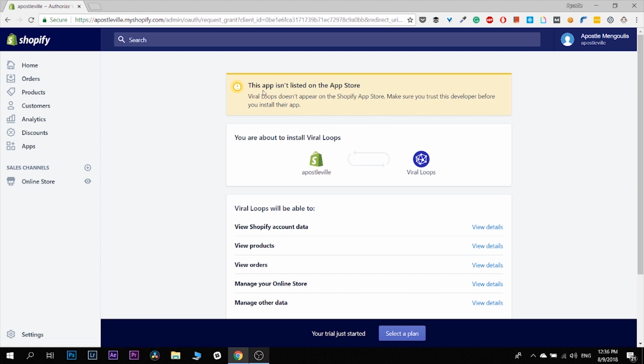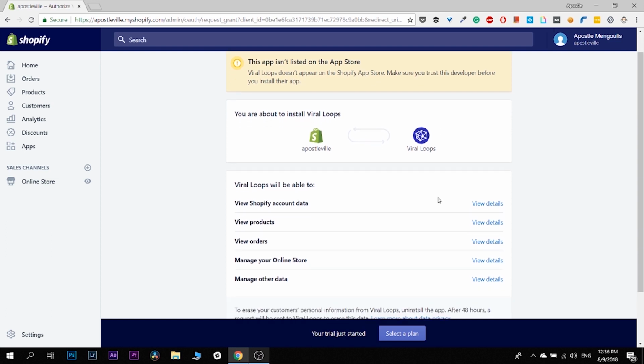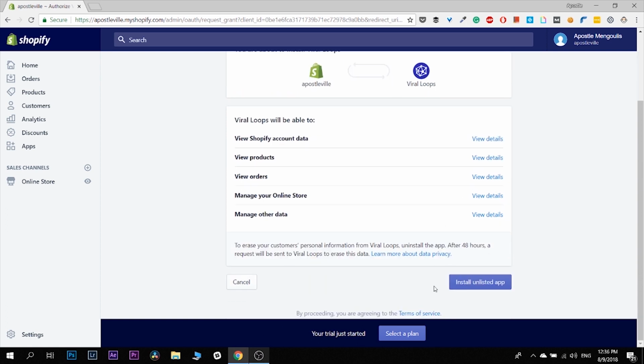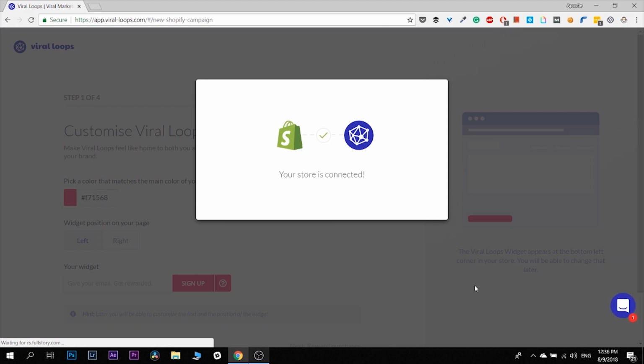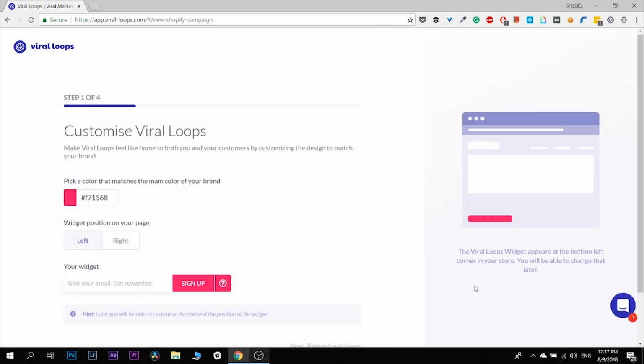As you can see here, you got a warning message from Shopify that says that the app isn't listed on the App Store. This is totally safe. We are just not featured yet because we want to test some things. Here you will see the permissions that you give, and you have to install the unlisted app. Great. And now you will be redirected back to Viral Loops. You have a message that your store is now connected,